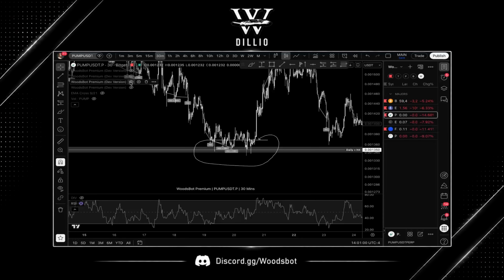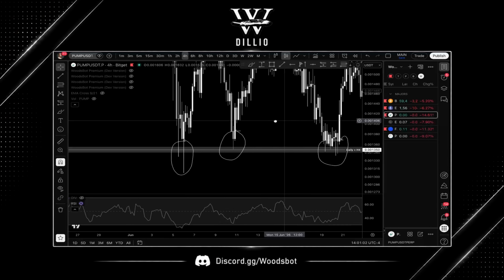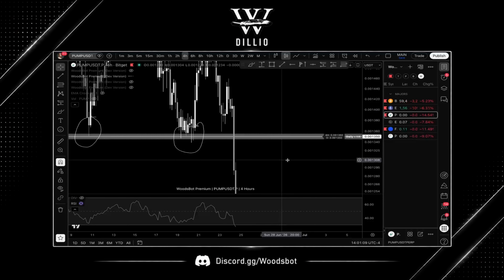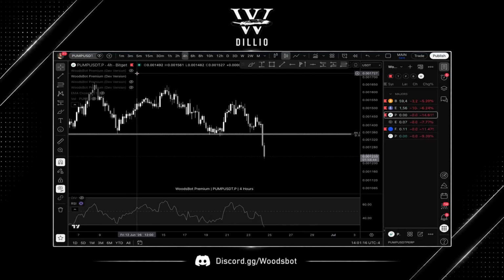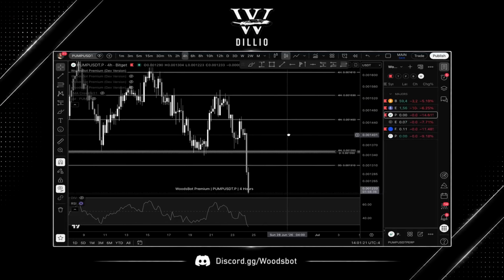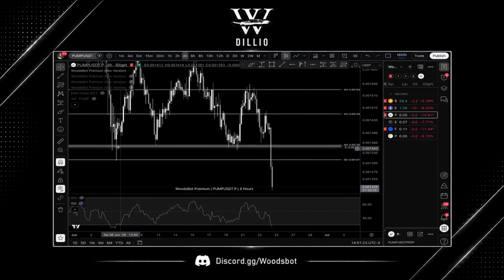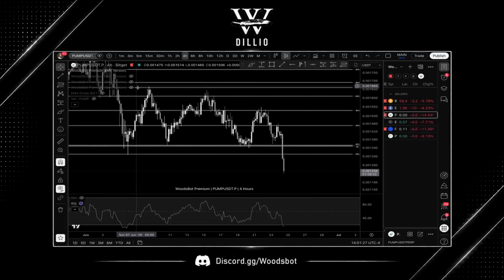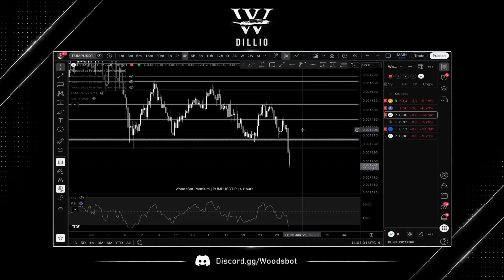If we look, this was one of the confluence zones. So this is 2 levels here. You have your daily and your 4-hour level at the exact same spot, right? So you see the confluence zone light up. Whereas if we were to put on just the regular levels, you see a confluence zone, but these ones are just singular levels. So this is a stronger support. And we can see that because price bounced 3 separate times. It made lower highs every single time, but it still held this level